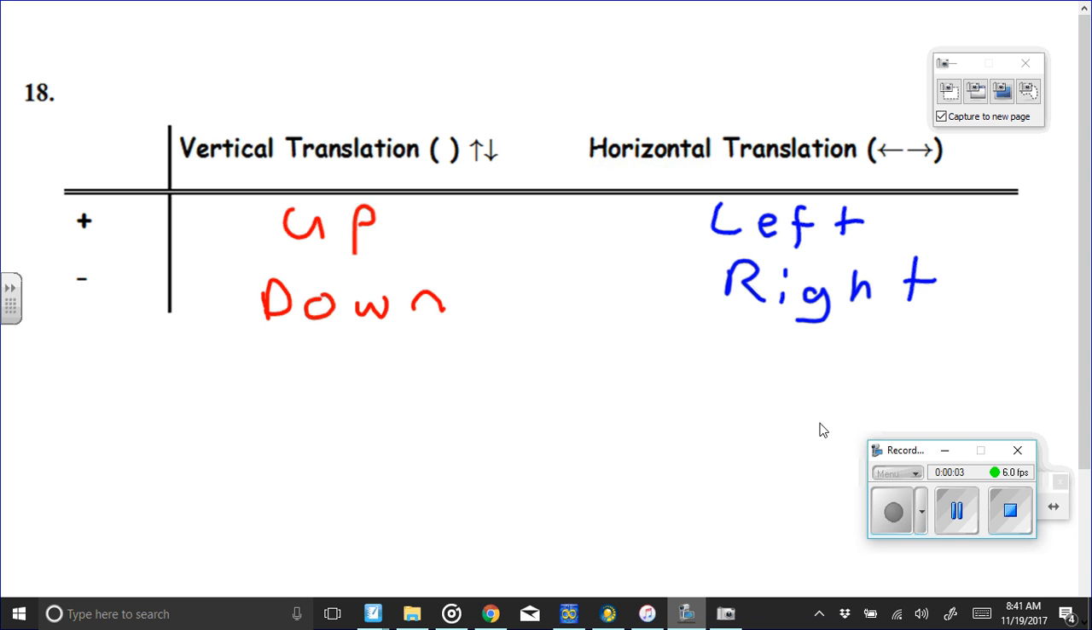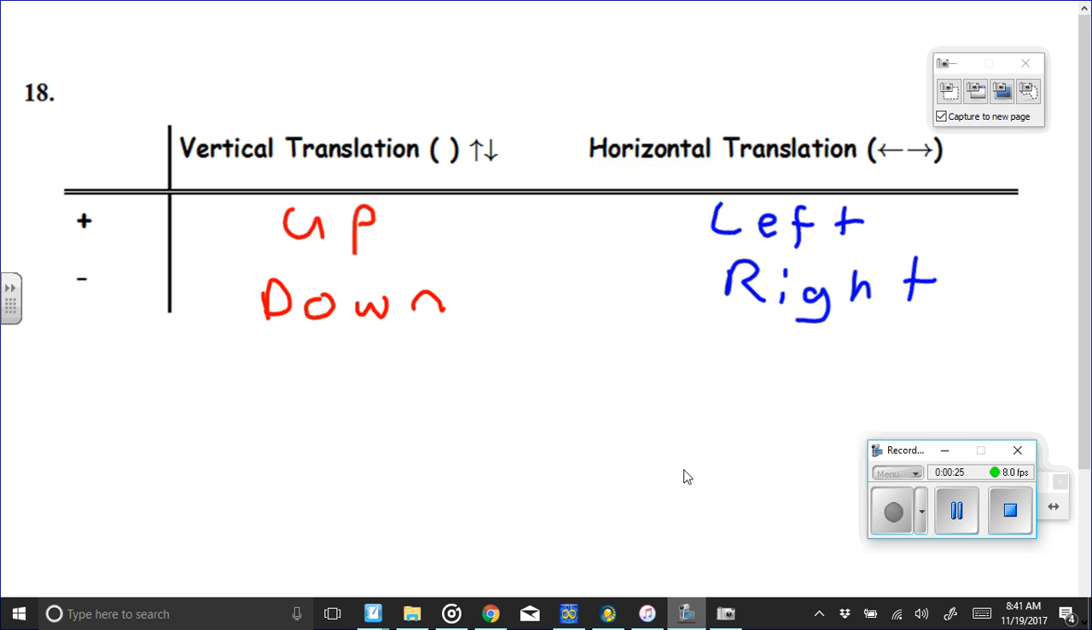Hello everyone, thank you for checking out A1 Math, and today we're looking at vertical and horizontal translations, and we're also going to be looking at vertical and horizontal reflections. So let's take a look. Now, with the vertical translations